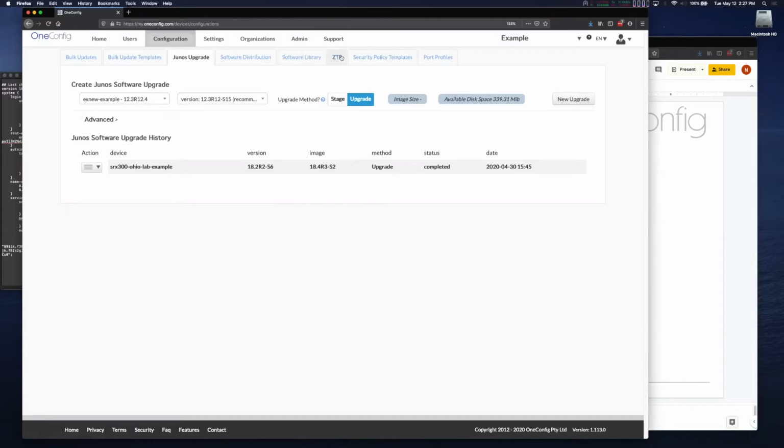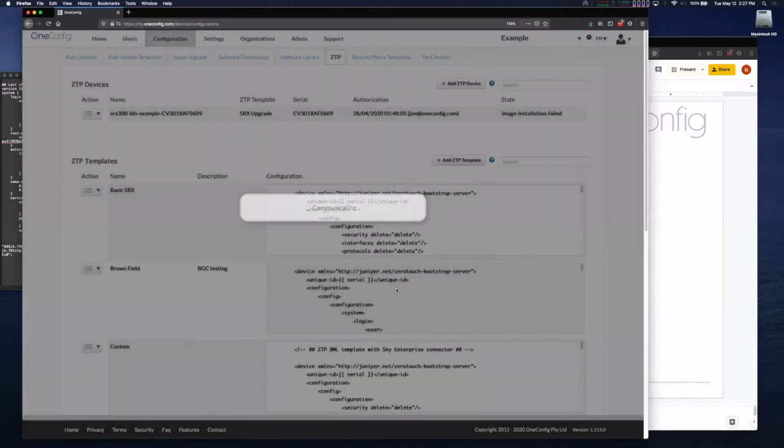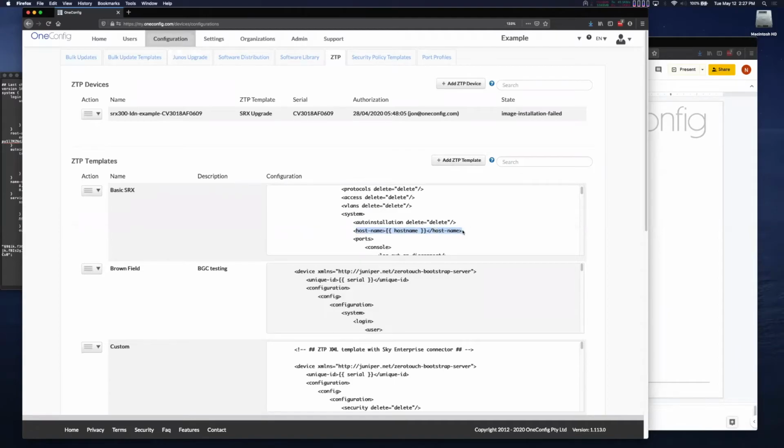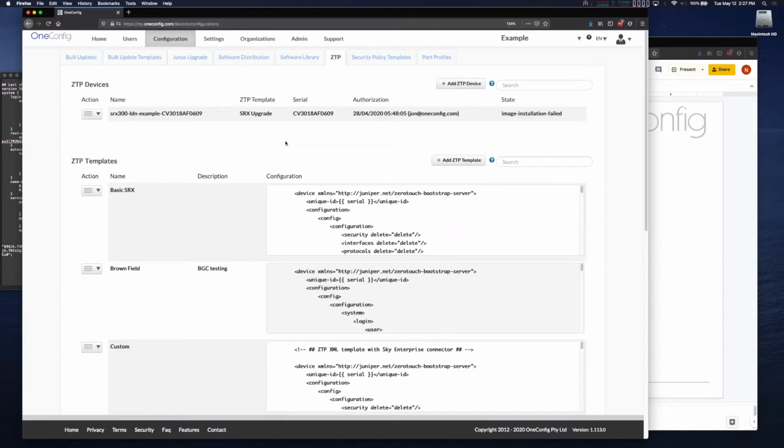And then we can go into the ZTP templates a little bit here. So here we're able to see some of those templates. This basic one is the one I pulled up a minute ago, and you can see here the host name. That's why it's a variable. So again, we have simple templates for folks to use that we've developed in-house, just enough to get the device online, and then you can go through our UI to manage the device